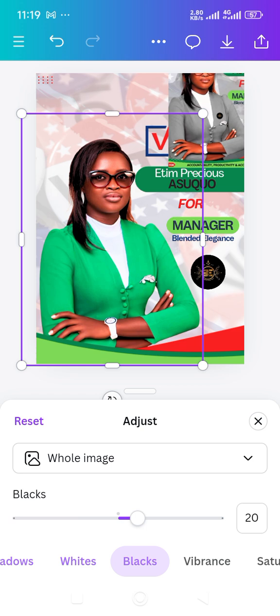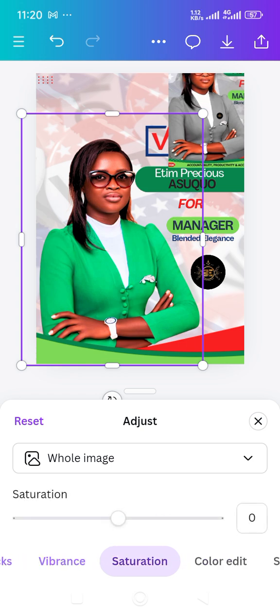Then come to vibrant. Just use this one to check whether there's something you can add or remove. Okay, saturation. Do I need the saturation? You see everything turned to black and white, but no. So I'll keep it at 2. So now